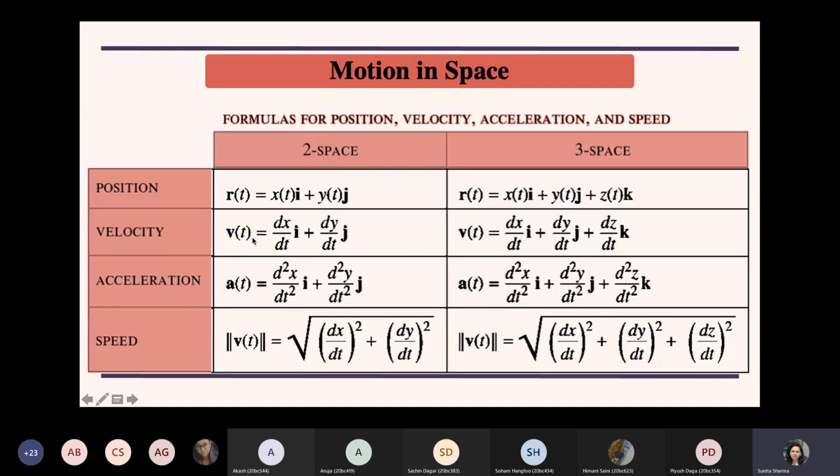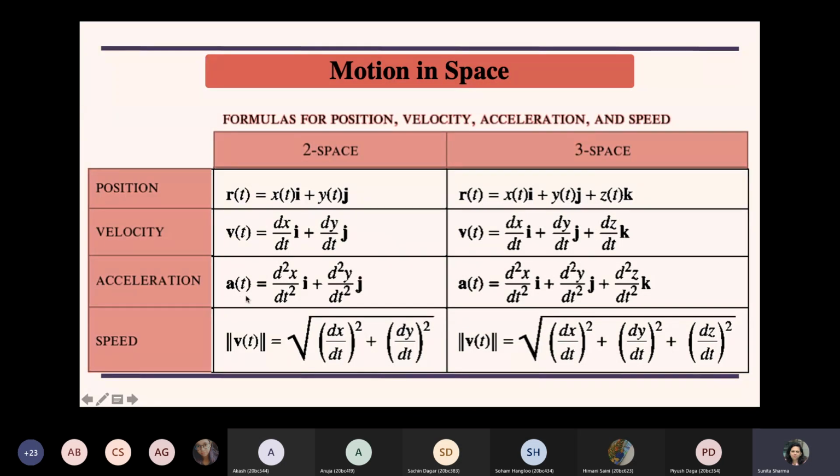Velocity is defined as the rate of change of displacement, or the position. So we are going to differentiate this r(t) vector. First, again, differentiation is done component wise. The first component is differentiated with respect to t in the direction i, plus the derivative of the second component with respect to t in the direction j. Similarly, for a point in three-dimensional space, if we want to find the velocity. Velocity is nothing but the rate of change of the displacement. How fast is it moving with respect to time?